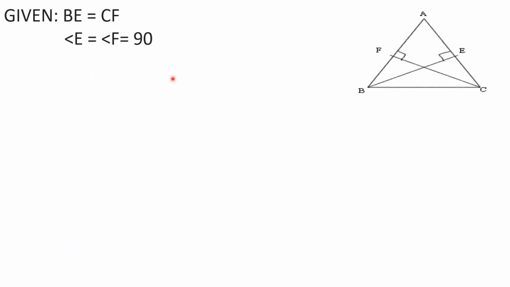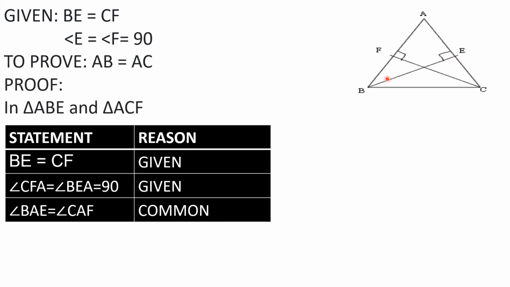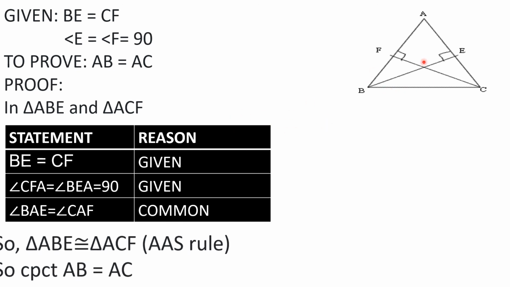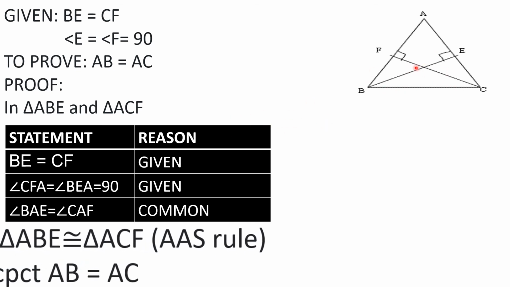So first you write BE is equal to CF, altitudes are equal given, and these two angles are given as 90 degrees. So by angle angle side you can show that the two triangles are congruent, and by CPCT you can prove that AB is equal to AC. Both the triangles are in both the questions. The figure is same. Only thing, in the previous question AB equal to AC was given. Here the altitudes are equal given. You have to prove AB is equal to AC.